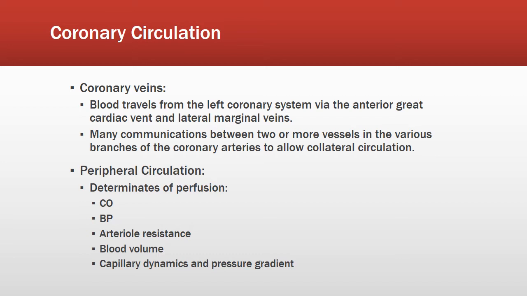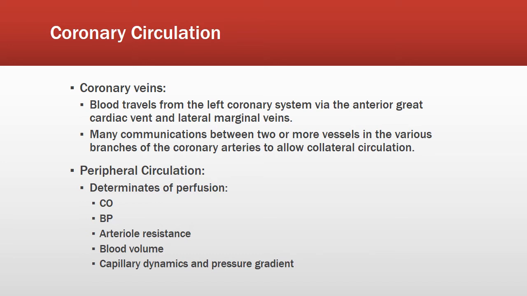We have many communications between two or more vessels that exist along the various branches of the coronary arteries, which allow collateral circulation. These alternate pathways for blood flow to the heart muscle are helpful if the main coronary arteries become partially blocked. It is usually not sufficient blood supply for muscle survival if there is obstruction of the major